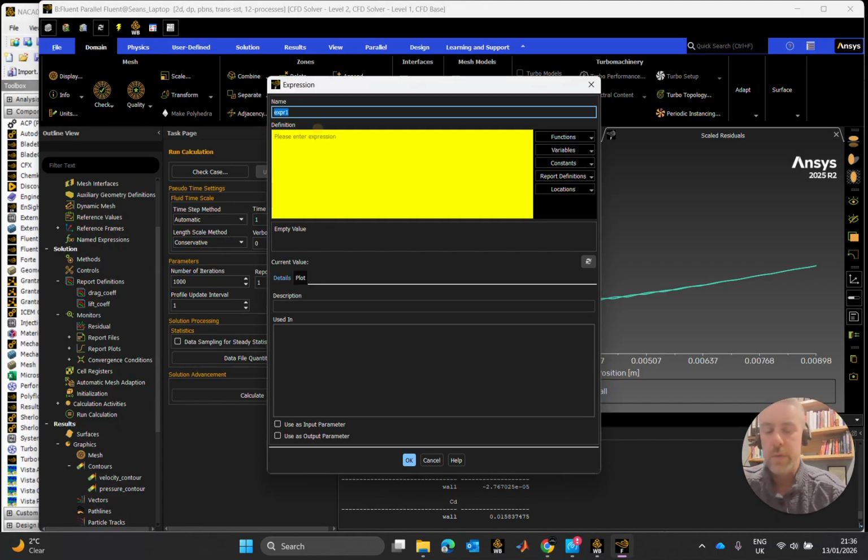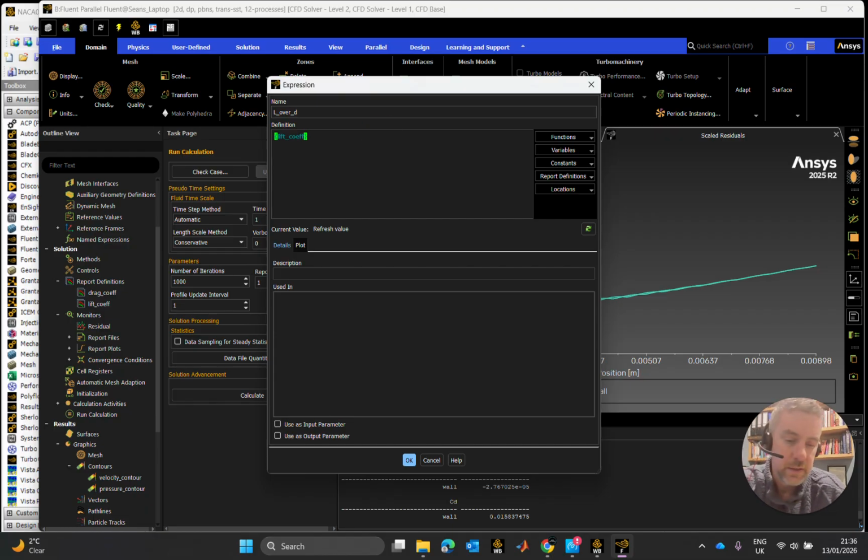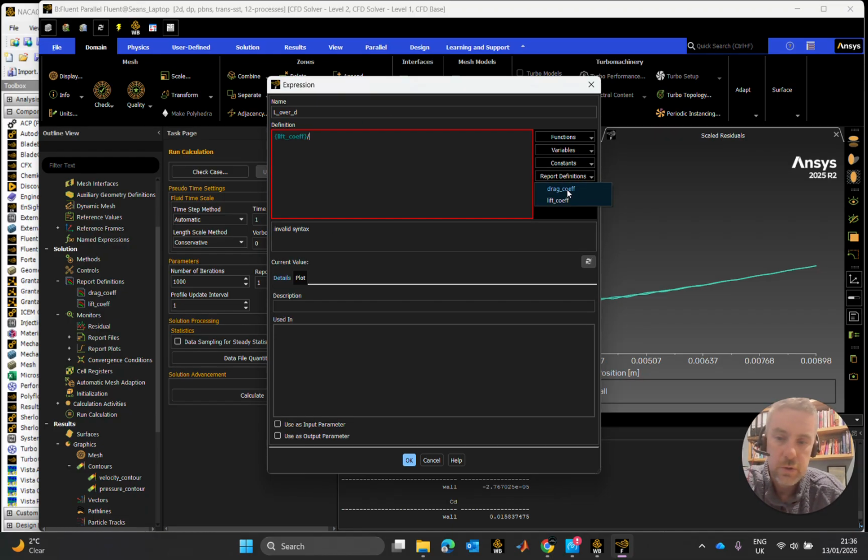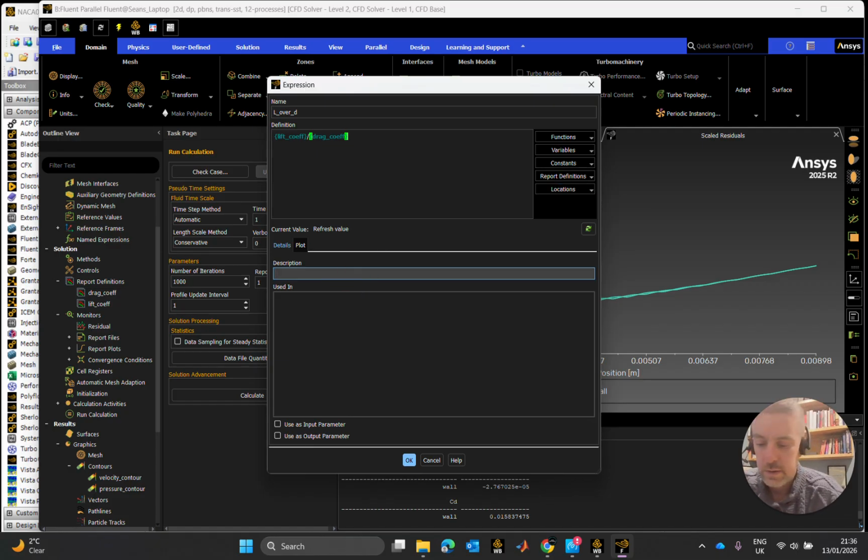What I want to do here is a variable called L over D, which is lift over drag, and my definition of that is going to be the lift coefficient divided by the drag coefficient, or indeed the lift force divided by the drag force, whichever. The lift and the drag were report definitions. If you recall, we created them ourselves, lift and drag here. So I'm going to go my lift coefficient divided by my drag coefficient. Right? So this is going to be my lift over